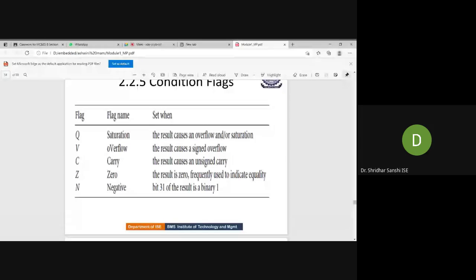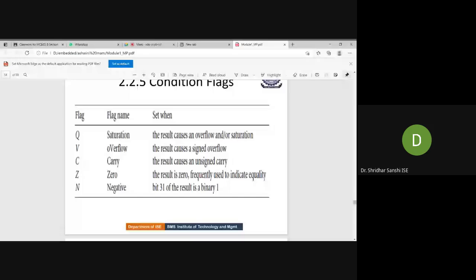So it is between 2 to the power minus 32 and 2 to the power 32 minus 1. So this much value we can represent in a register. But whenever I'm operating with a DSP instruction and the result of the instruction causes an overflow, meaning more than or less than that value, then this particular Q bit is set. Understood? Yes, sir. Okay, this Q bit is with respect to DSP instructions.